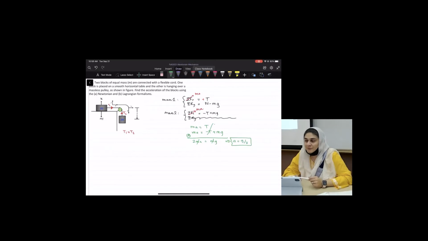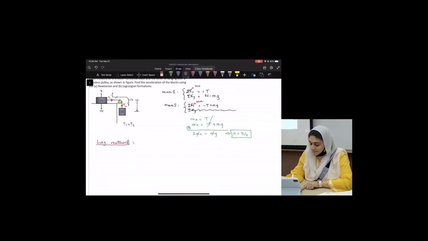Now let's do the Lagrange formalism. That's going to be new. So step 1. What was step 1? Choose your coordinate system. Actually, no, choose your generalized coordinates, which means you don't have to choose x, y. What that means is you have to choose your q's and q dots. So in this case, what do q's and q dots mean? So our generalized coordinates